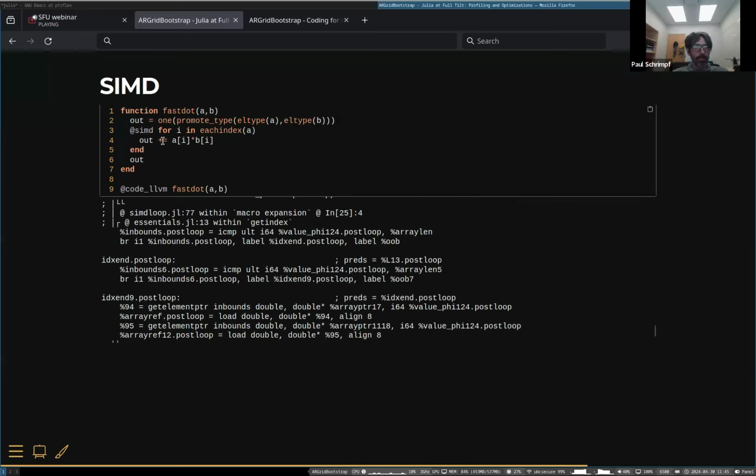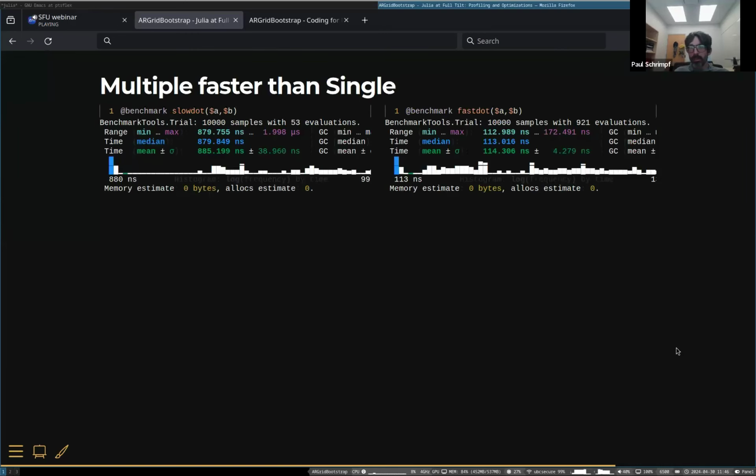Right, so this @SIMD here was successful in doing something. I guess the next thing to wonder is, does it make a difference? And here, indeed, it does. Quite a big difference, actually. Now,